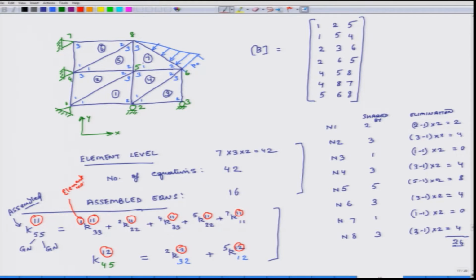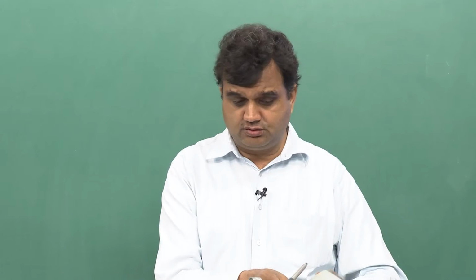So, if we can assemble it for single degree of freedom, as long as we maintain the superscripts 1, 1, 1, 2 and 3, same process works for assembly. So, I think this completes the discussion of this 2-dimensional